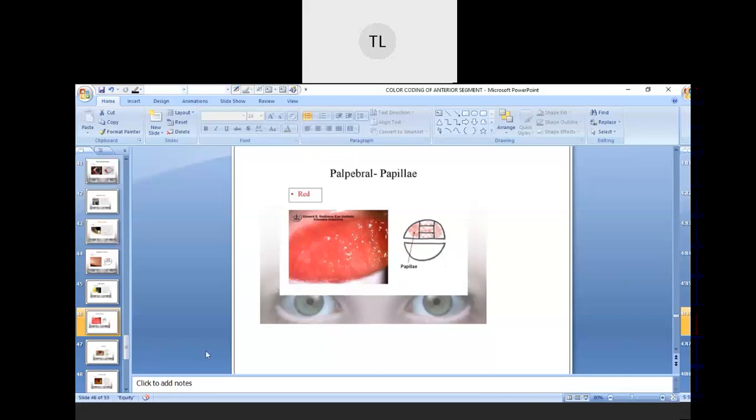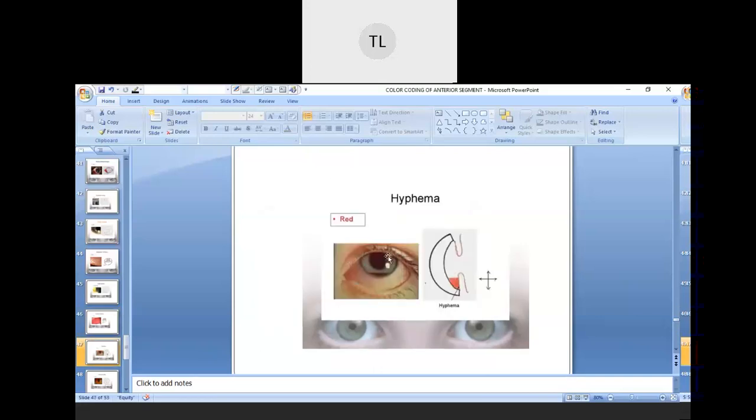Okay, so next we have hyphema. Like I said, blood in the anterior chamber is called hyphema, right? So this is how we are going to draw it. If we see this kind of thing, we call it hyphema. Sometimes this hyphema will be present in the opposite direction, that is at the 12 o'clock position. In that case we have to write inverted hyphema. That means it's the opposite hyphema. So you have to use the term inverted, and then the hyphema will be the same.